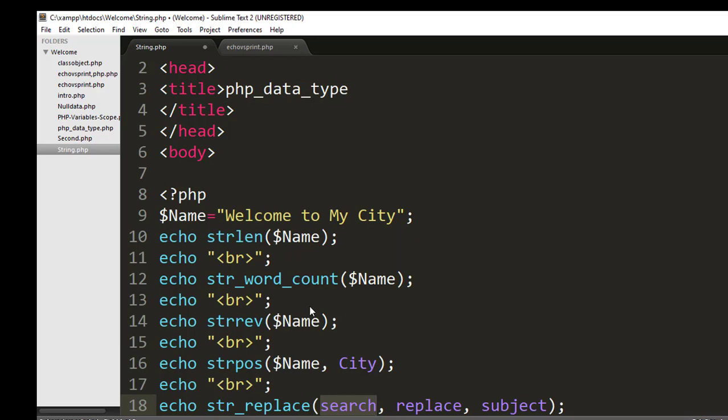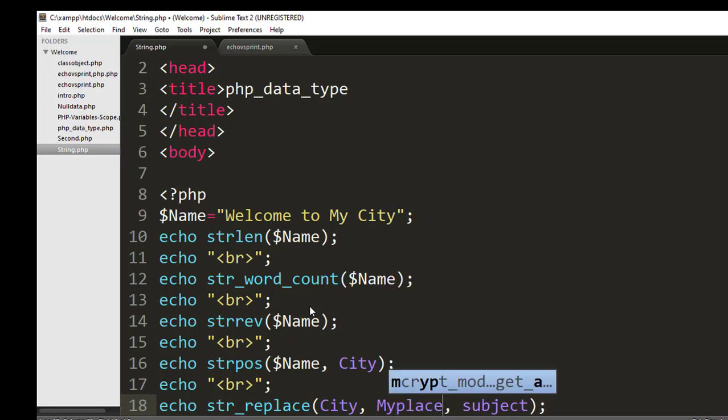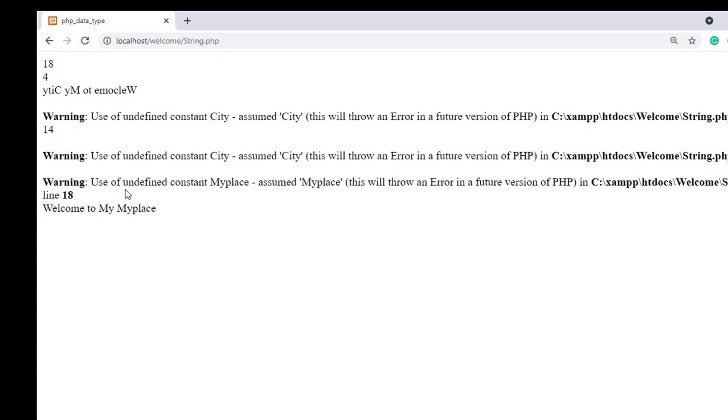The search is the city keyword, and I want to replace it with my place, and the subject is $name. Save and run. It gives me output "welcome to my my place", with a warning at line 18 about an undefined constant my place assumed to be my place. It's giving me an output where city is replaced by my place.